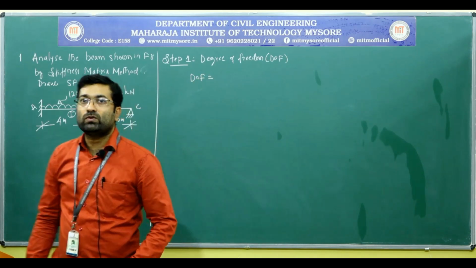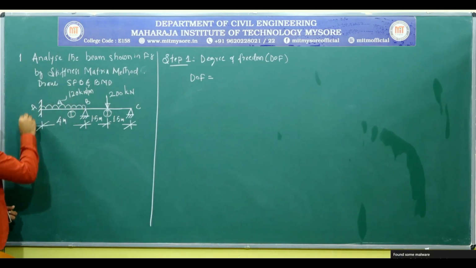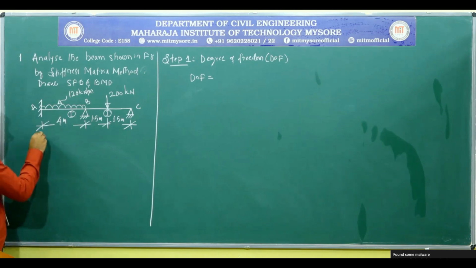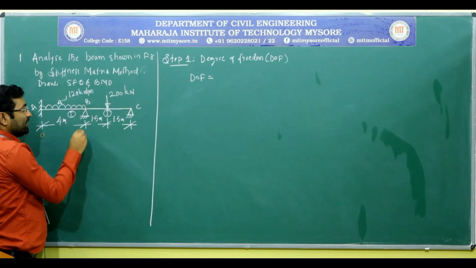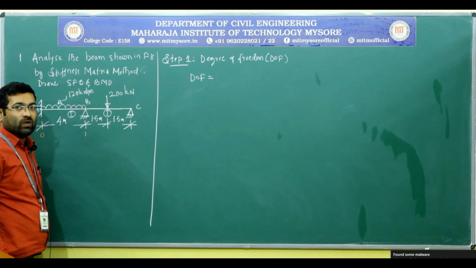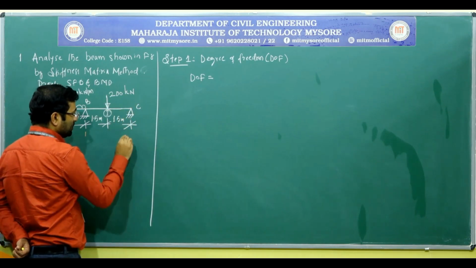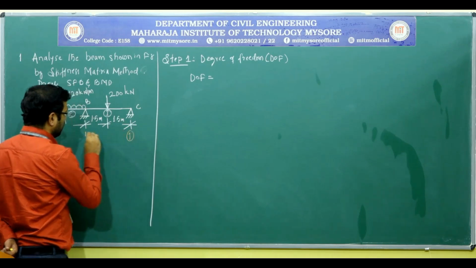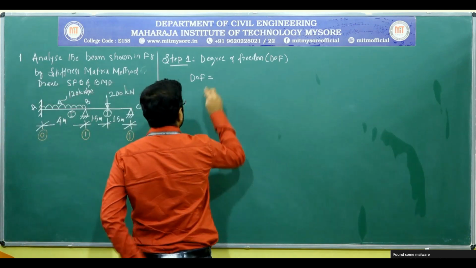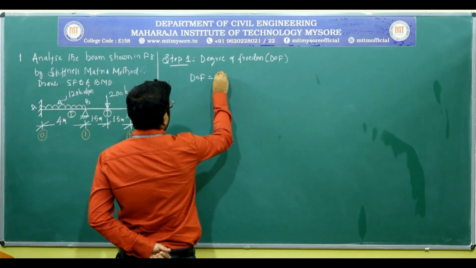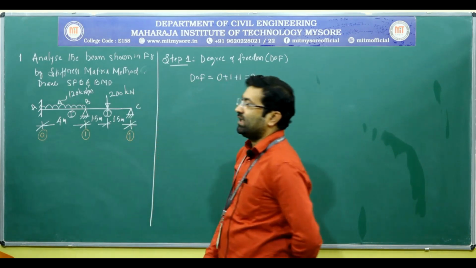So, this we have to determine based on the usual observation. Now, you can see the support A, it is fixed in the nature. So, I can say here the freedom is 0, whereas support B, it is hinged in the nature. So, we have 1 degree of freedom here, and support C, it is also on the hinge. So, it is also having 1 degree of freedom. So, totally we have the 2 degree of freedom. So, I will write DOF as 0 plus 1 plus 1, that is 2 degree of freedom,